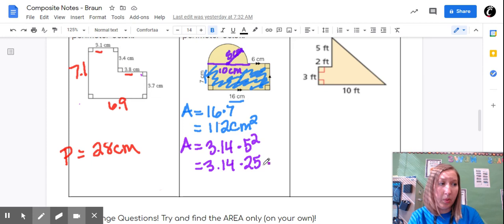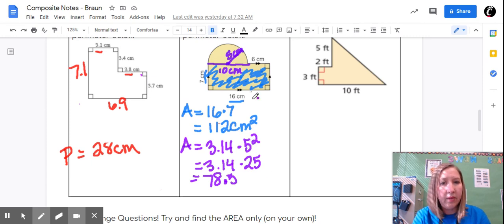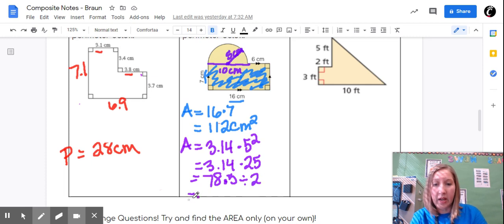When I multiply 3.14 times 25, I am going to get 78.5. And that's the area of my entire circle, but remember, I only have half a circle in my composite shape. So I am going to divide that by 2 to find the area of my half circle, which then is going to be